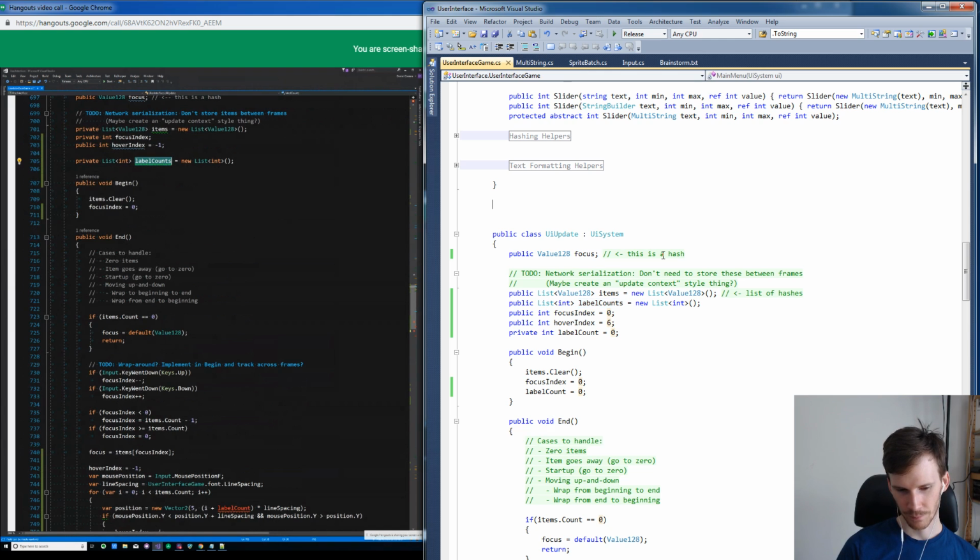Yeah, it's definitely 1. It's probably 1 for every item, because we only consult this at the item level. Like, how many labels have you seen before coming to this index in the item? So one way we can do this, we can do it this way, or we can do it